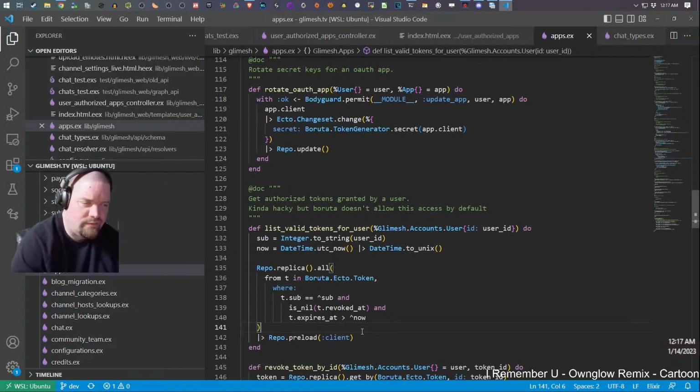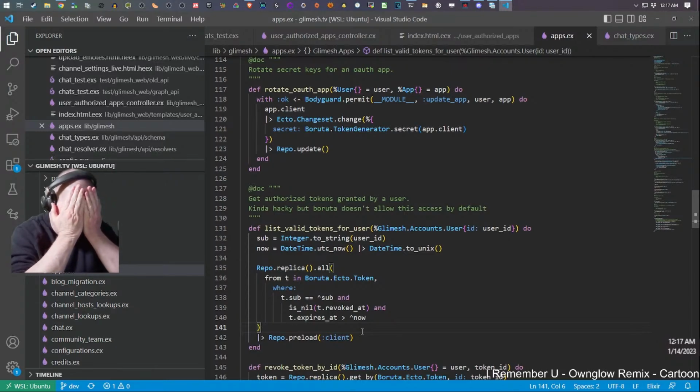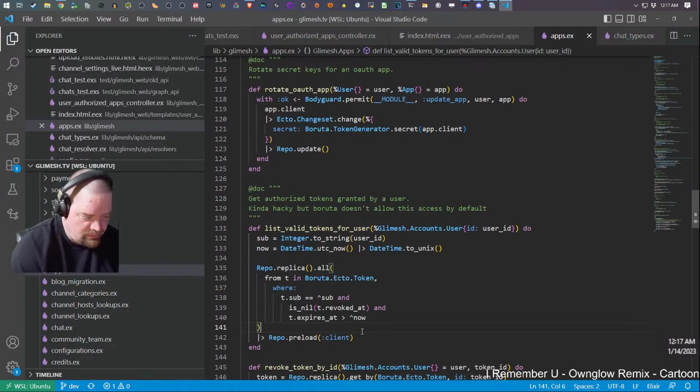Which probably, the only way to do that is, because if it's 30 days, you'd have to change the time to live probably on the refresh token.